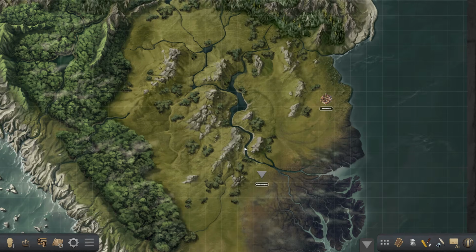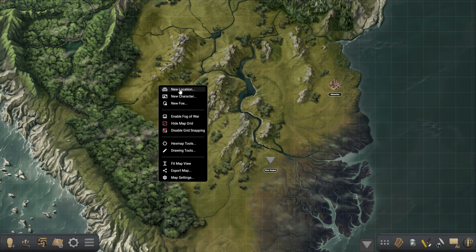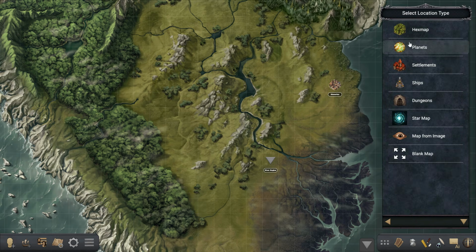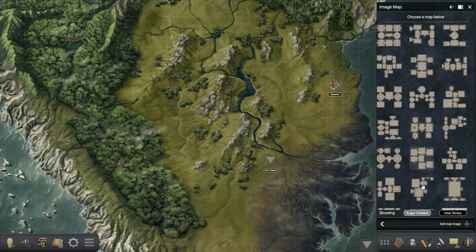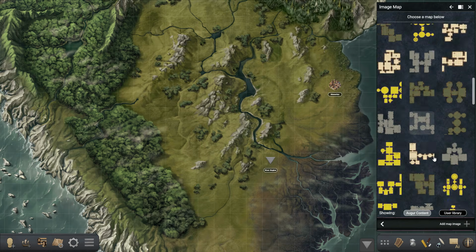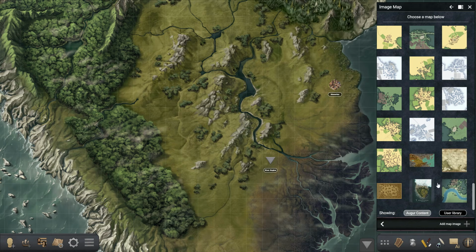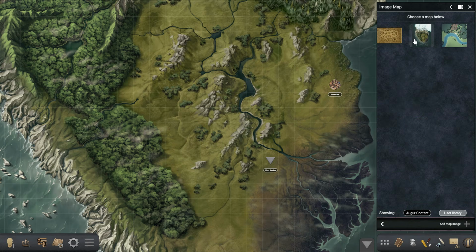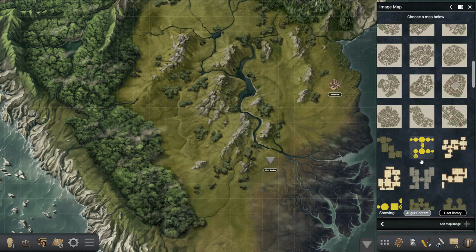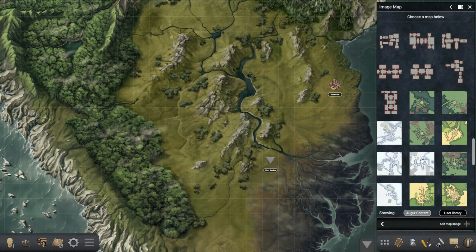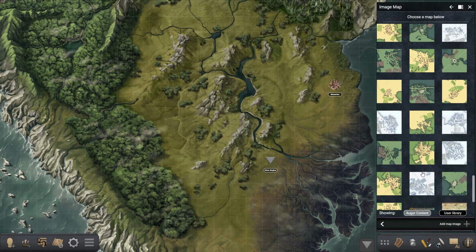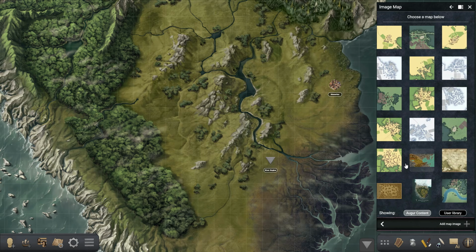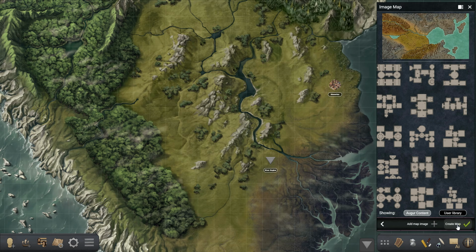So let's add another map here. Say new location, map from image. Okay, and here we have all the images that come with the Augur for maps. And if you press user library, you would see the images that you uploaded. Okay, let's go back to the Augur, and let's say we add any of these maps that represent a region. Let's say this one that comes with the Augur. Okay, we create the map,